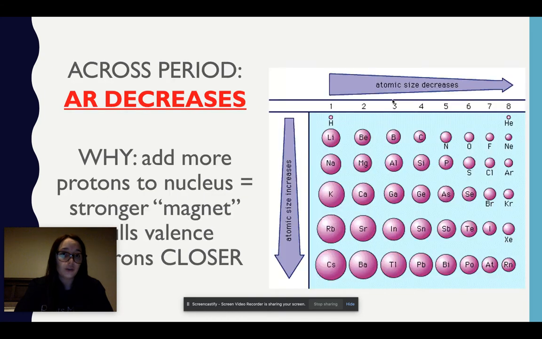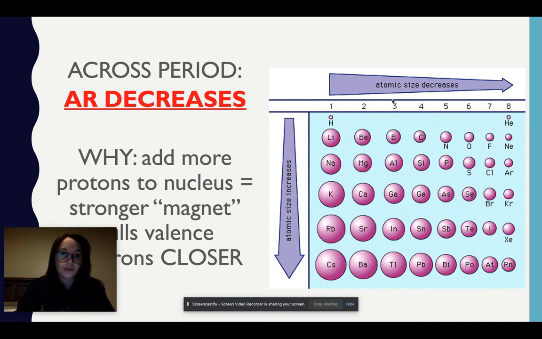However, when I'm moving across the period, my atomic radius decreases. The reason is that I'm adding more protons to my nucleus, and so my ring number is the same throughout my entire period. My nucleus is naturally positive, my electrons are negative, so they attract. Meaning that if I have a more positive nucleus, my electrons are going to get as close as they can to it, resulting in the atomic radius decreasing with the increase in protons,